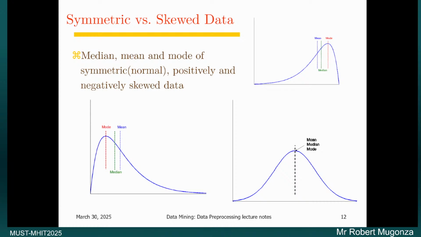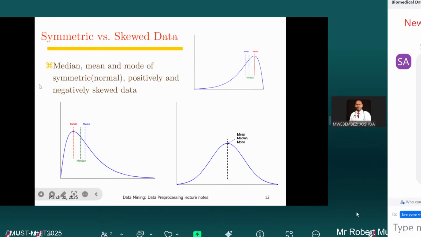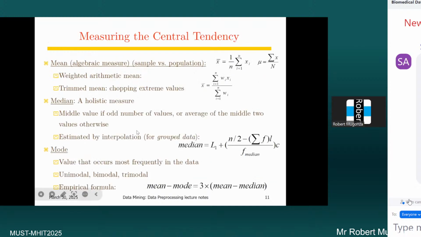So I was simply talking about skewness and how our normally distributed data can present different states. Now Doctor, excuse me, please. I think your network got off when you were on the previous slide, so we don't know how it comes to the symmetric and skewed data now. We're still trying to understand this point.